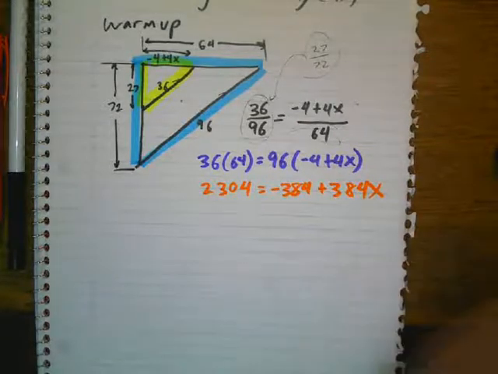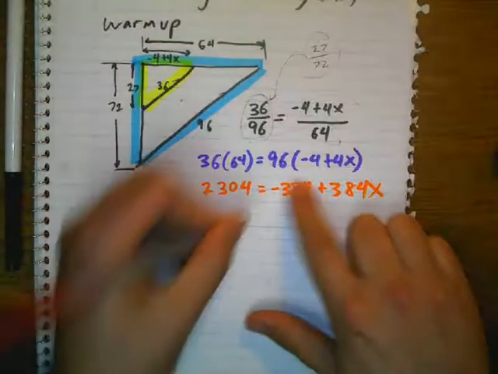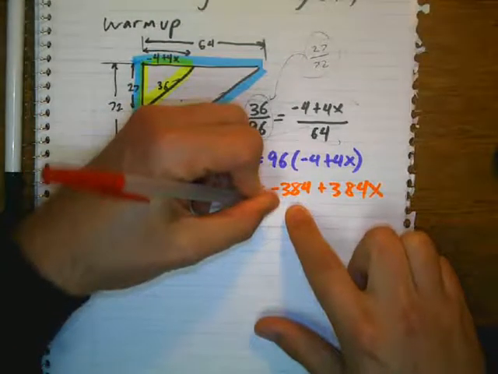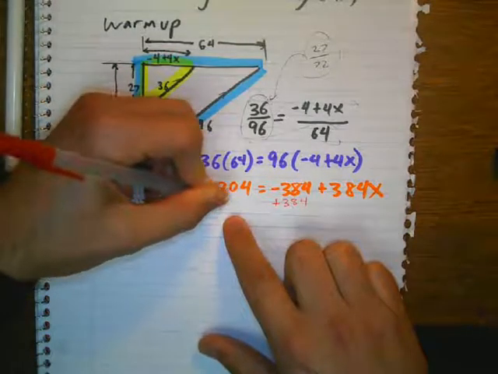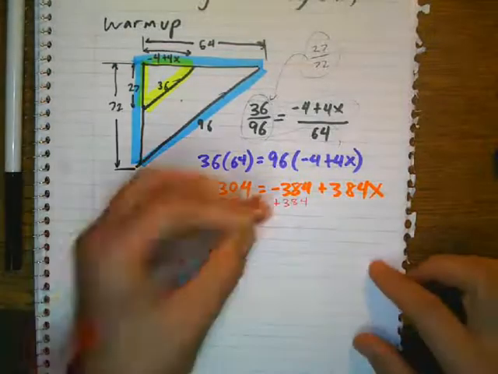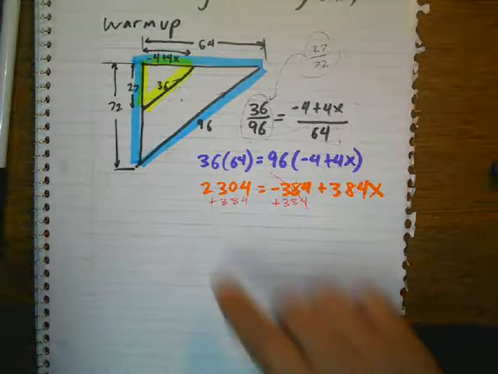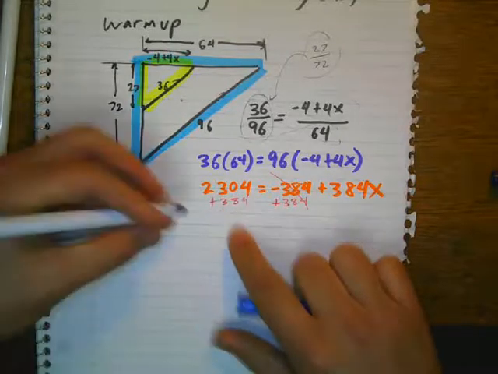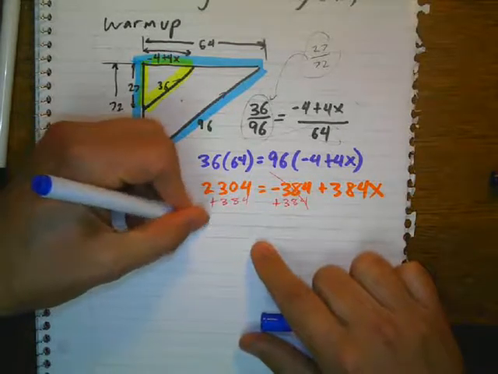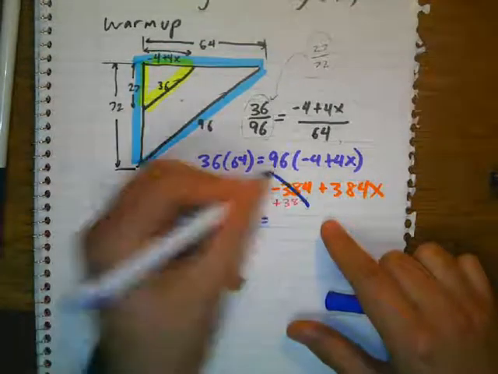Alright, so now we're solving for x, right? So I'm going to get rid of this. I have the opposite sign, so I'm going to add 384 on both sides. Okay, and that's going to make that go away. So 2,304 plus 384 is going to give me 2688 equals, and then that goes away, and then equals